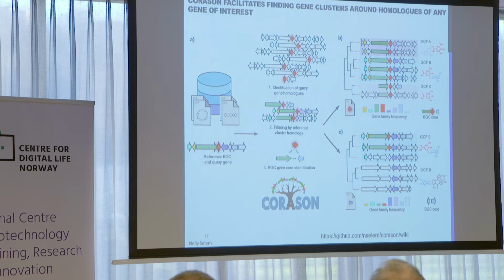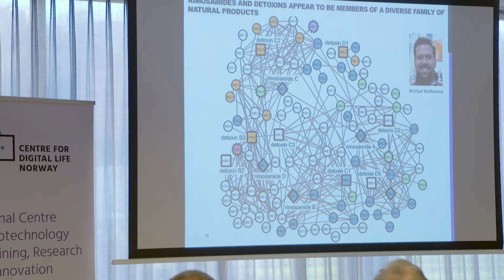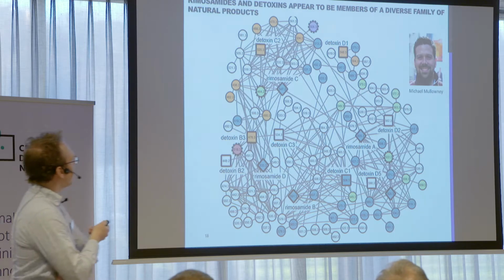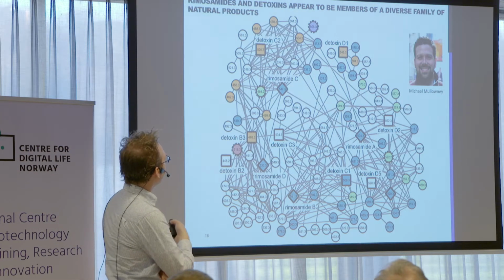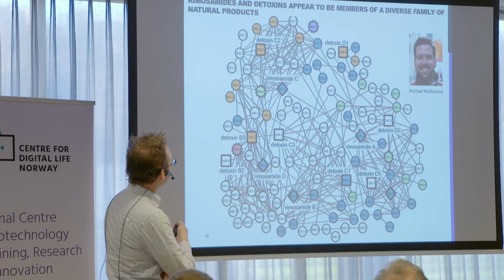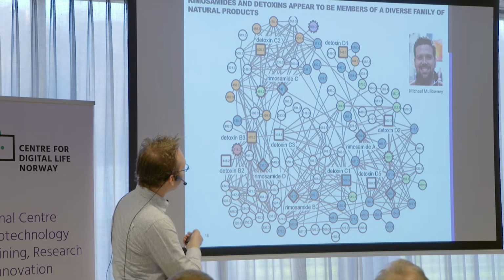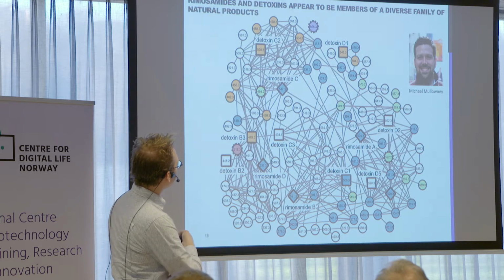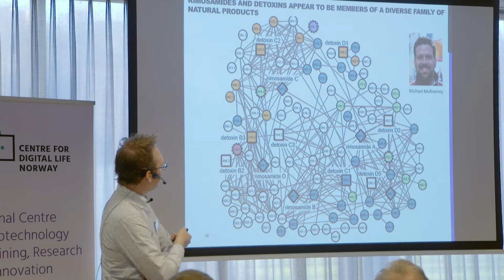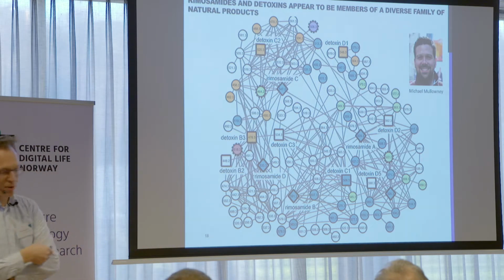So to be able to look at this in a case study to see how we could use these tools, we looked at a natural product family called the ditoxins and ramosamides, together with a group of Neil Kelleher, and in particular the postdoc there, Michael Maloney, who worked at this. And he had seen from mass spec data, and this is a network that he could